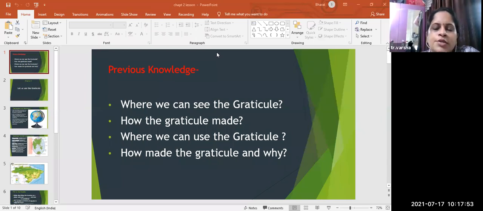So it will become very easy to start with the second chapter, right? Where can we use this graticule, children? For what purpose can we use this graticule? Okay, I'll make it easier for you. Yes, write it in the chat box. Yes, this is used to show a particular place. Very good. Your answer is correct. Or whoever has written place also, it is correct. Okay.